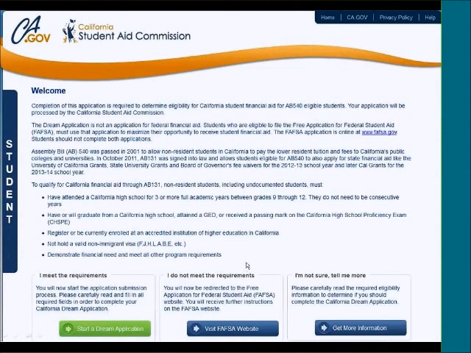If they need some more information, they could click on that bottom right-hand button, the blue one, and that just goes more into depth about who should file which application. And then we put a link in the middle there to, if they